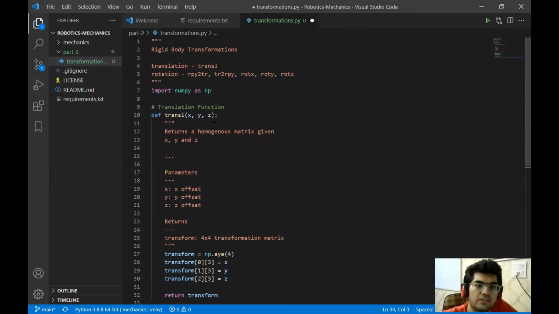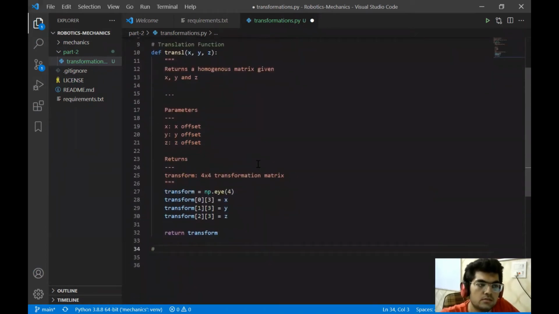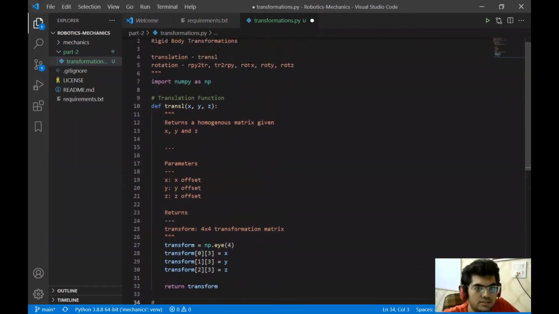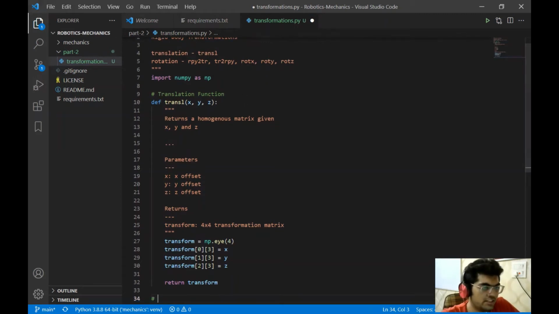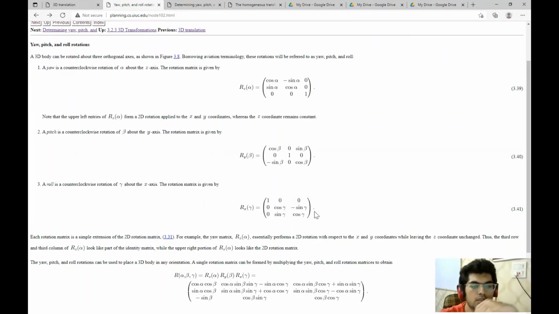Next up, we are going to have this rot X, rot Y, and rot Z. Now, we can have some structure that will just take a value, like a general structure for X, Y, or Z, but I think it will be better if we have different functions, because for the rotation matrices, we are going to have different matrices. Like for Z rotation, we are going to have a matrix in this form, and for Y and for X.